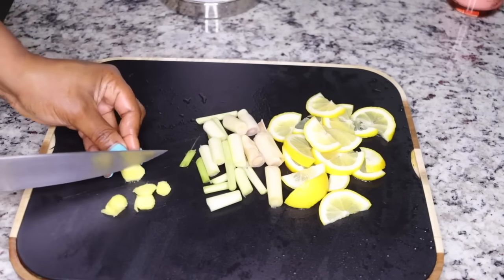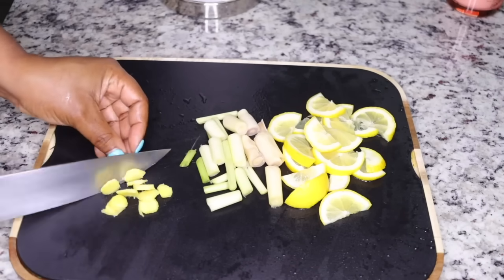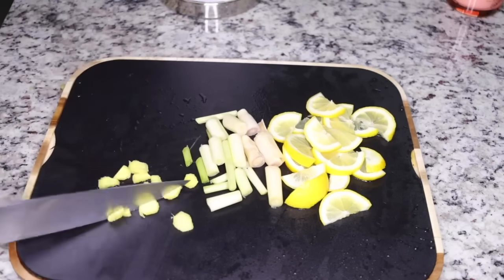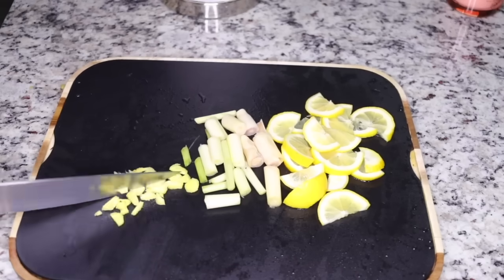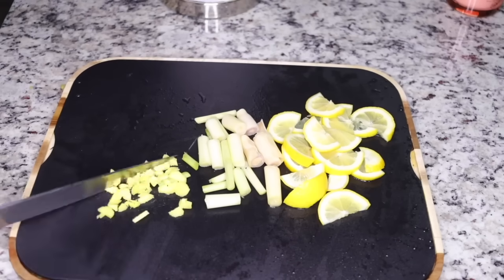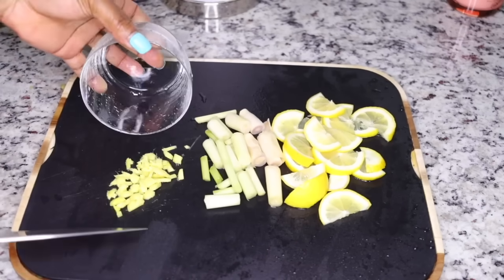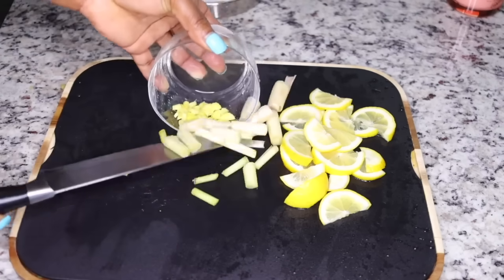The third very powerful ingredient is ginger, which is thermogenic as well, to heat up the system, facilitate the fat burning process, improve your metabolic rate, and have your system burn fat super fast. This is so good. So you want to get your ginger, peel and chop it, and plus this has anti-inflammatory properties,